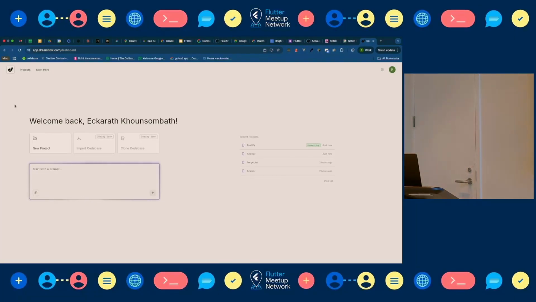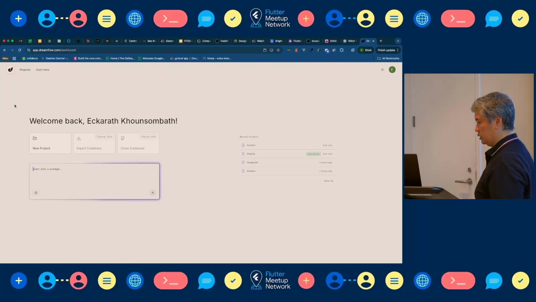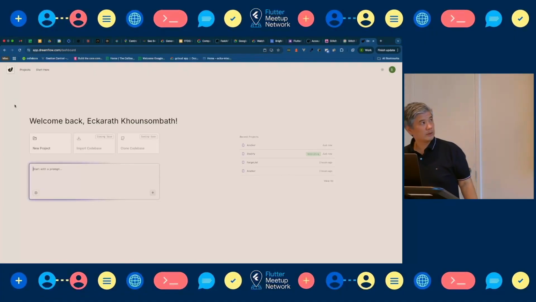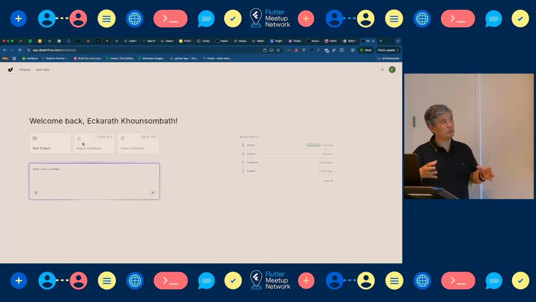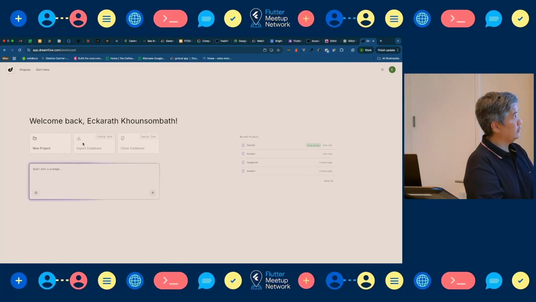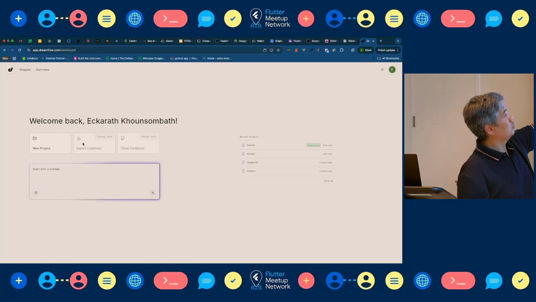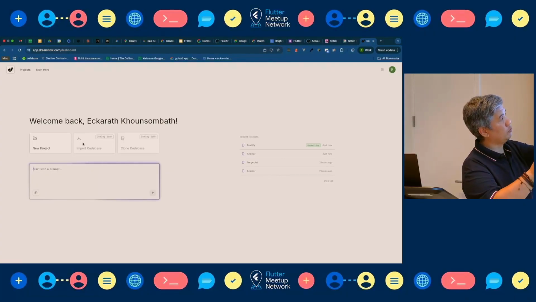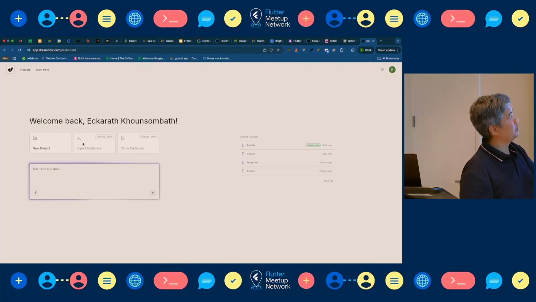When you type a prompt, it's going to generate following the application that it understood you want. And also, DreamFlow wants to become an IDE, a developer environment. So soon you will be able to create a new project from scratch, with everything inside, and code everything and use the agent to help you build your application.